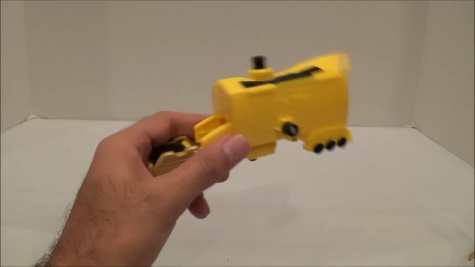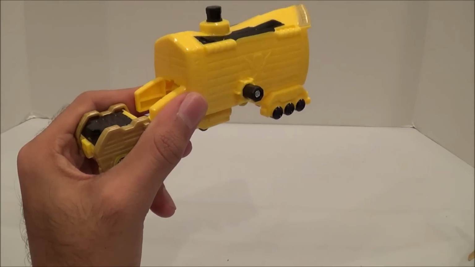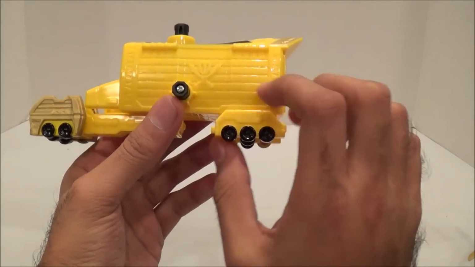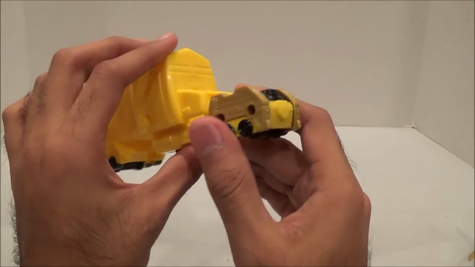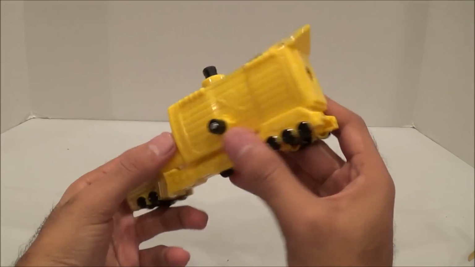Yellow Ranger has the Super Mega Wheeler Zord. Kind of a weird name, but there's your pirate symbol there. It looks alright, I guess. Again, these individual Zords really...